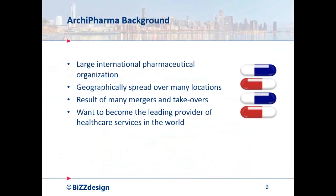So this large pharmaceutical organization is the result of a lot of mergers and takeovers, and is spread over different locations. It has an application landscape like you might recognize from companies with these backgrounds in mergers, with a lot of duplication, a lot of unnecessary stuff, and high costs. They lack a single way of operating, and that's what they want to create, to become this leading provider of healthcare services and pharmaceutical products